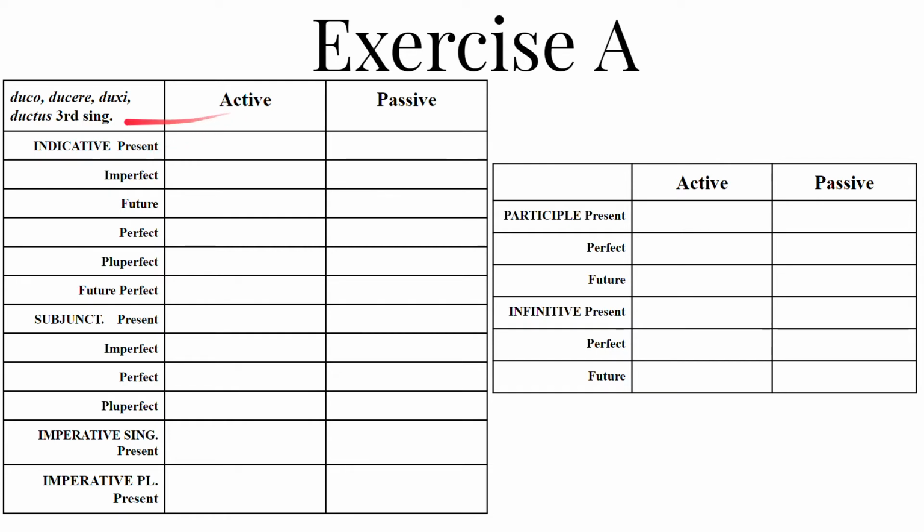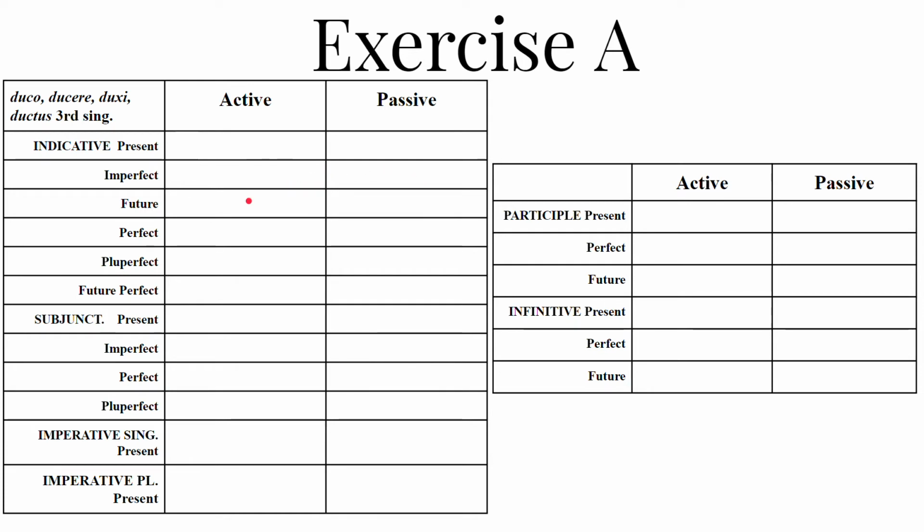So for the present active, it's duc, D-U-C, then add an I, and then a T: ducit. We had an I for most of the endings, duco, ducis, ducit, ducimus, ducitis, but a U before the NT: ducunt. So we have D-U-C-I-T, ducit. Passive, ducitur. Imperfect, duc, add the letter E, duce, and then add the ba, and then the personal endings. So ducebat and ducebatur.